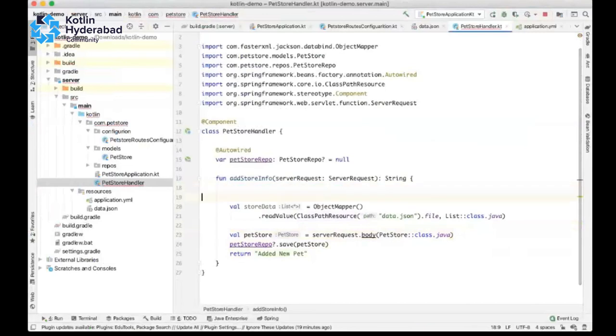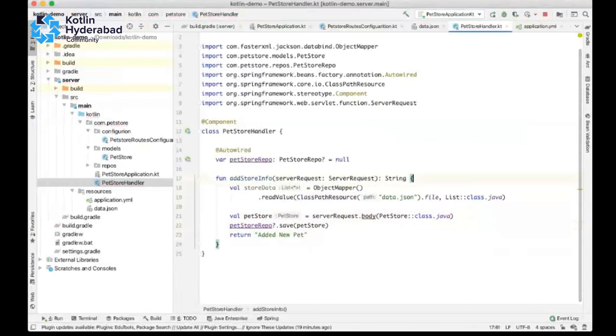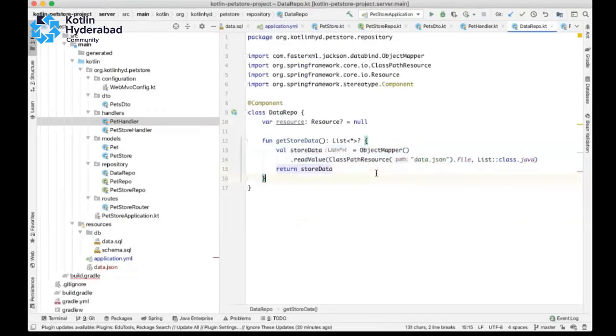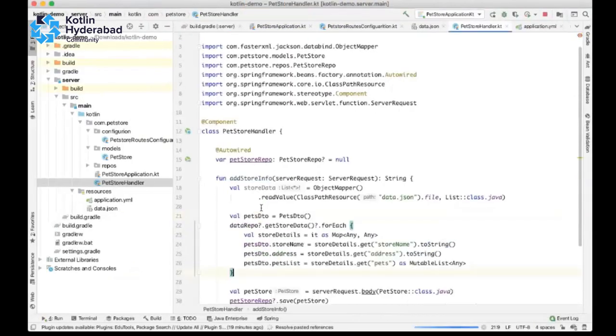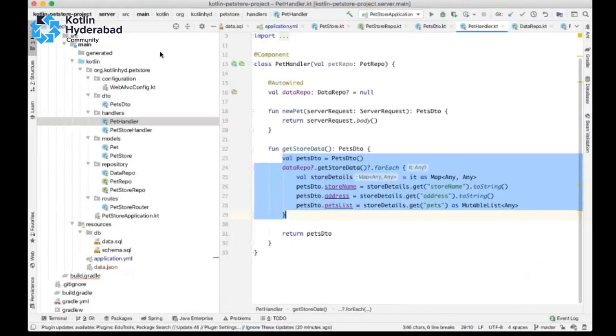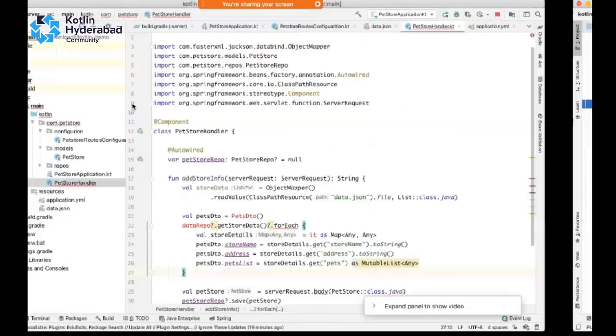If we don't properly process this, we will get different objects in the UI. So I'm just processing it with this code. Also, we need to have pet store DTO and pets DTO.